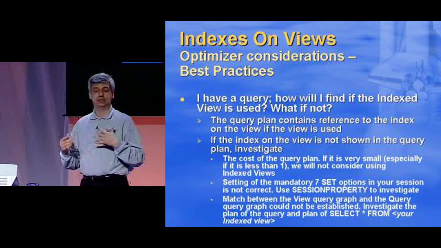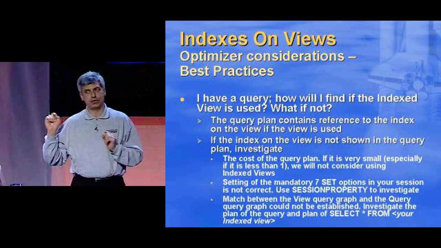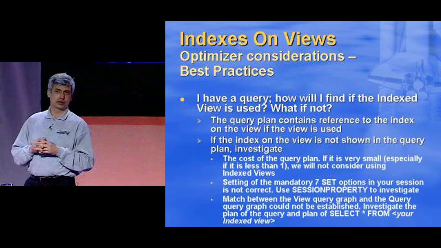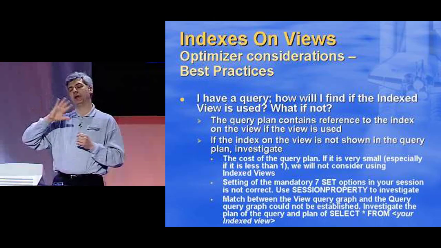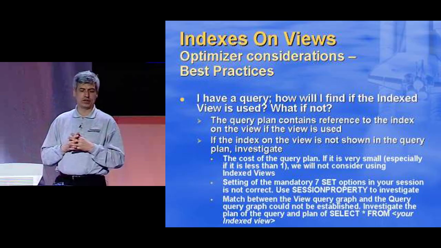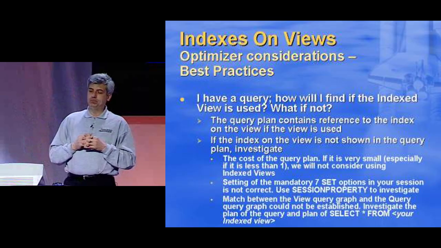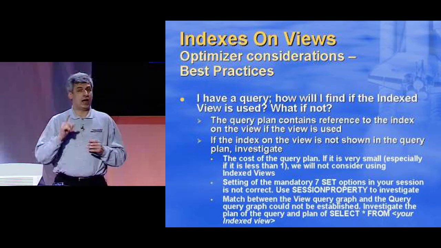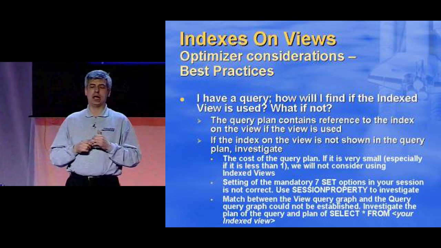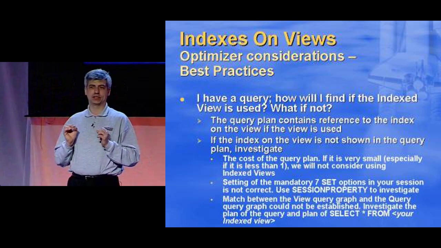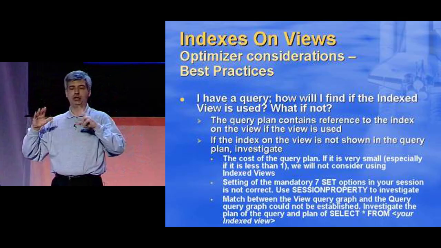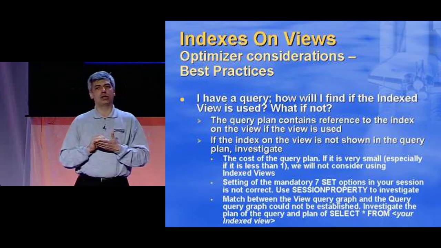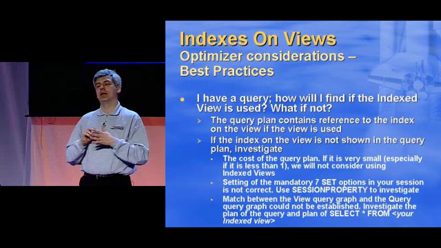The first thing, as I explained already: if the query plan refers to the index view, then it is used. If not, it is not used. And it's true for the graphical show plan as well as for the text format of the plan. But if I see that it's not there, I have to investigate. One particular scenario I've encountered several times: people create views, and indexes on views, on very small tables. Now we have to understand, our query optimizer is very aggressive in